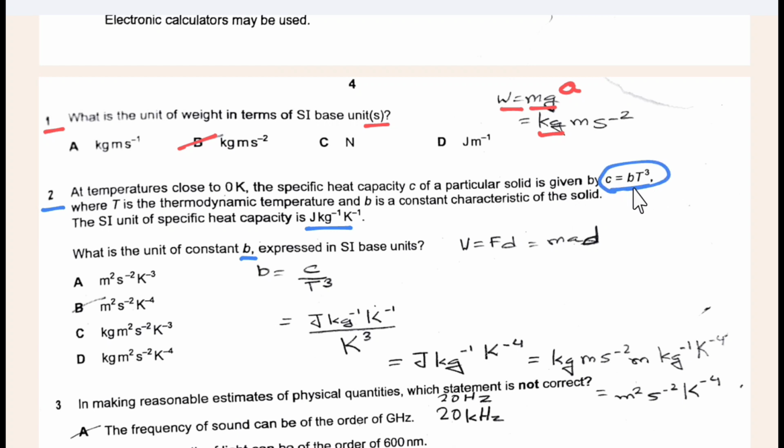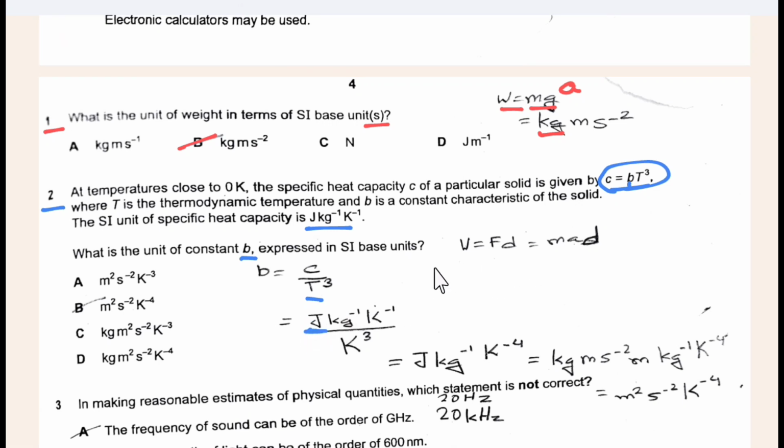So by using this equation, first of all we need to make B the subject of the formula, that is B is equal to C by T cube. C is the specific heat capacity and its SI unit is joule per kilogram per Kelvin, and T is the temperature, so its unit is Kelvin to the power cube. Then, as we can see, joule is present and we need to convert joule